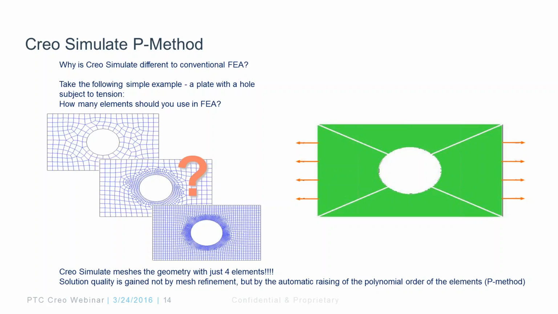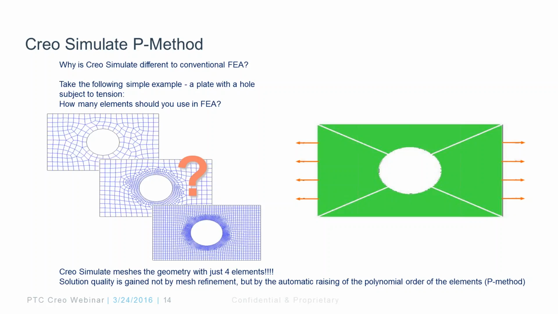However, in Creo Simulate, as you can see on the right-hand side, all it's using is 4 shell elements, and it's able to achieve convergence because it goes up to the 9th order polynomial. So we are essentially transferring the burden of getting an accurate answer from the user's experience to the software's adaptive solution. This is huge because, being designers, you want to focus on your design and run a quick analysis. At the same time, it needs to be accurate. And you don't want to spend a lot of time pre-processing, controlling the mesh, defining which mesh type you want